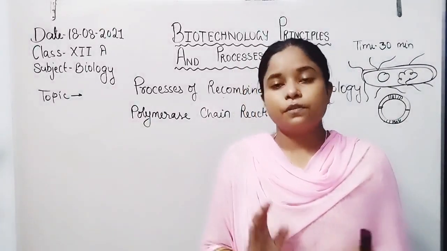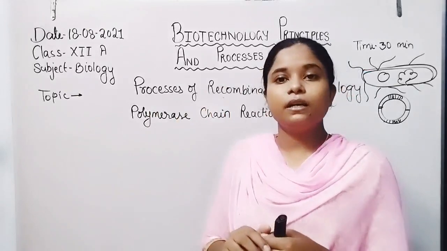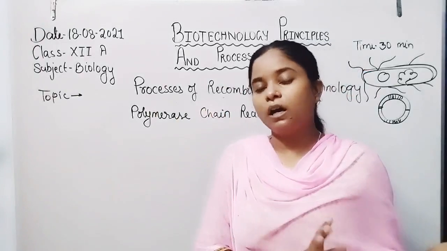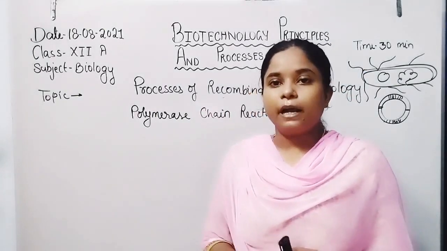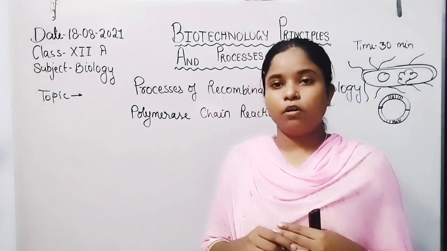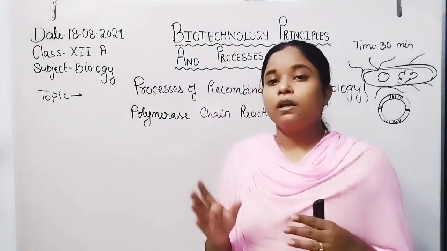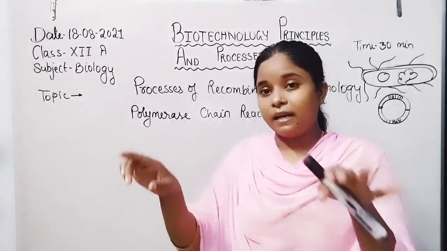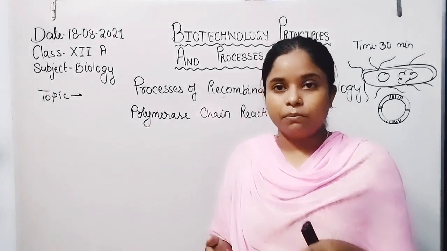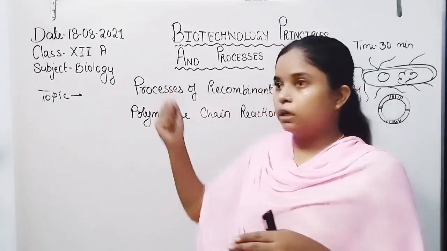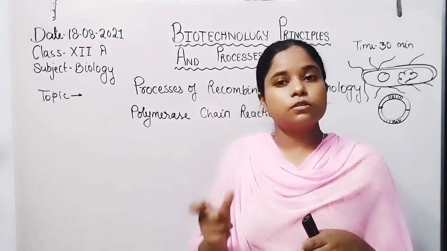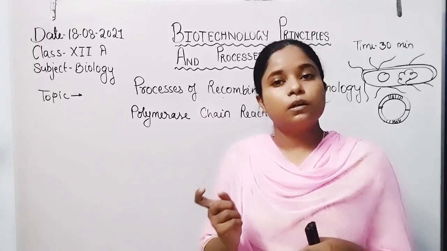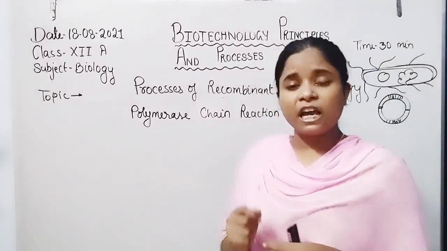In the previous class, in the processes of recombinant DNA technology, we isolate the desired gene from bacteria and from other organisms too. We use different kinds of enzymes for the degeneration of the cell wall or cell membrane, because the DNA is present inside the nucleus, and the nucleus is present inside the cell wall or cell membrane. So overall we are going to isolate the genetic material. First we dissolve or degenerate the cell membrane of the living organism which has the desired gene.